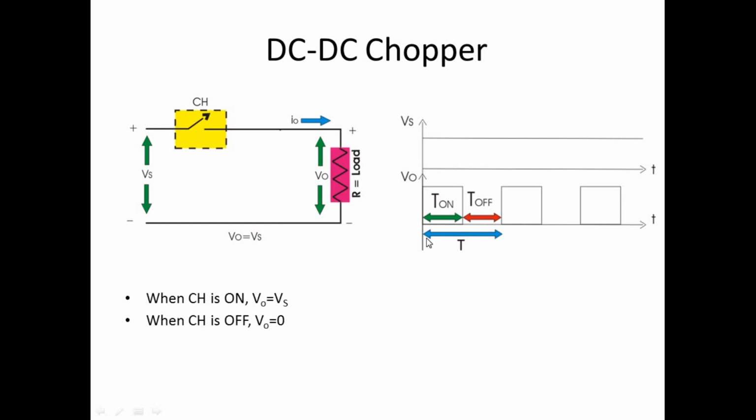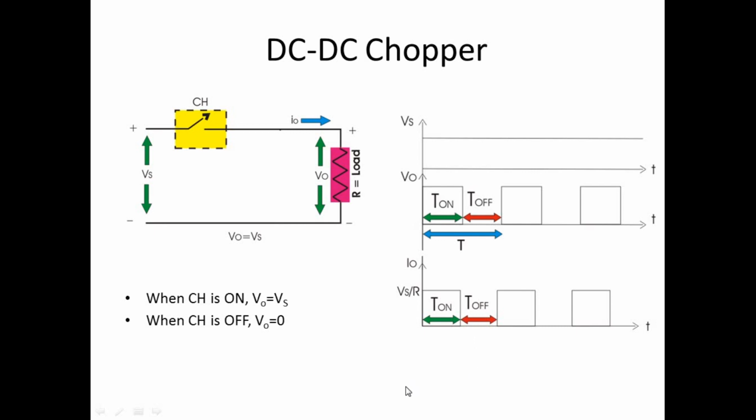Out of a switching time period T, we are turning the switch on for a T on period and turning it off for a T off period, and we are repeating this operation. So we'll get an output voltage like this. We are getting a variable output voltage from a constant DC voltage. If you are using an R load, the output current will have the same waveform as the output voltage, V0 by R. So during on, it is Vs by R, and 0 during T off.